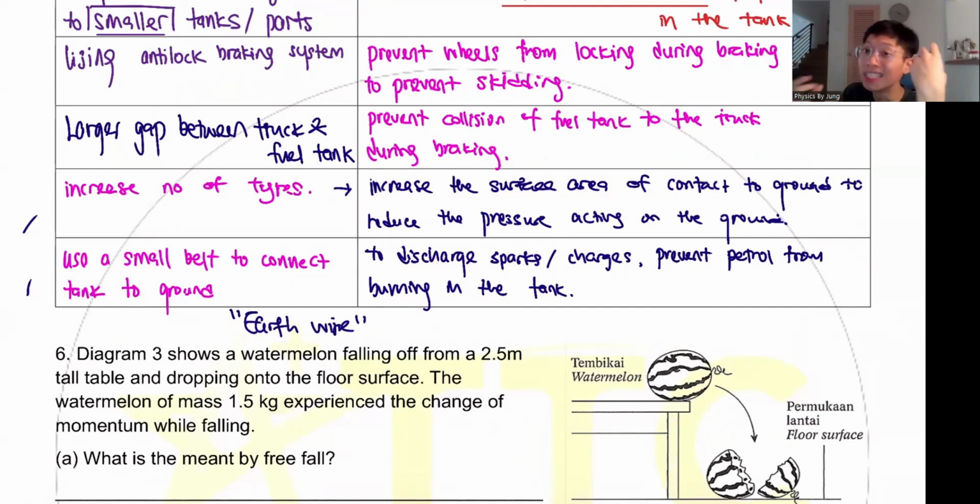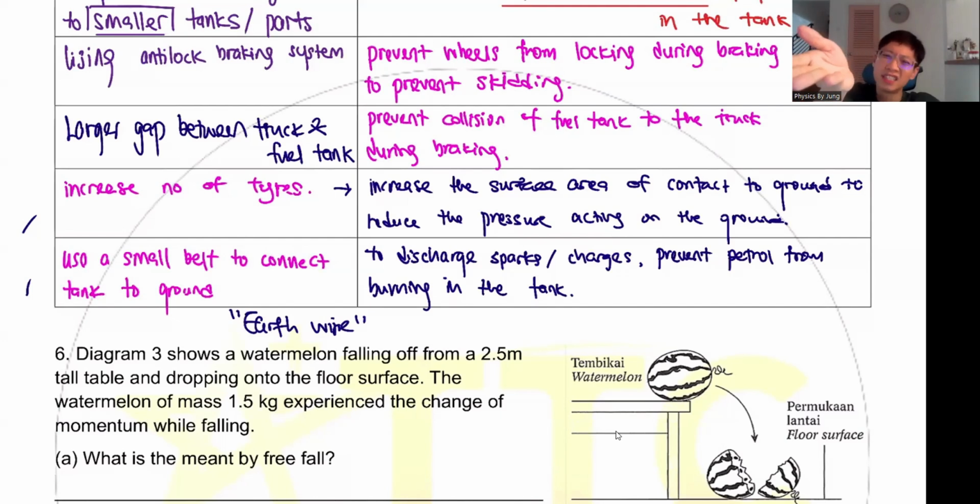Because sometimes your body has static. If the static accidentally touches the petrol, it will burn and explode. That's why you always need to touch the car before you pump petrol. But this is very rare to happen, because when you close the door you already touch the car, right? Unless someone helps you close the door, you never touch anything, your body will be static. So the secret here is touch the car before you pump petrol.